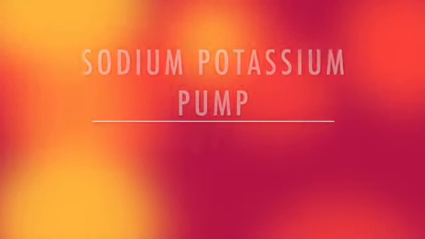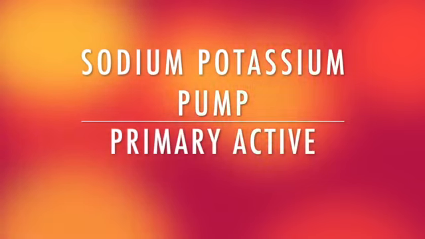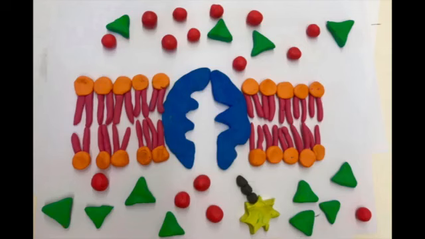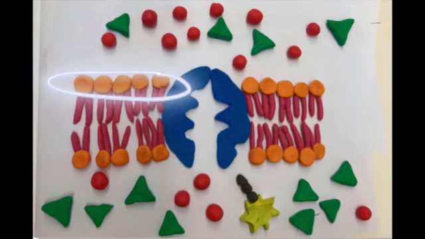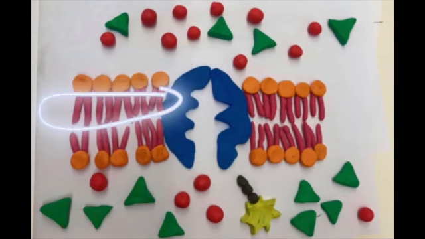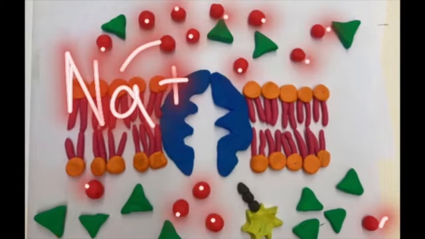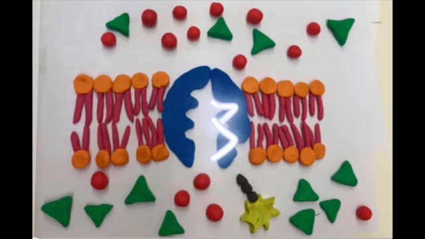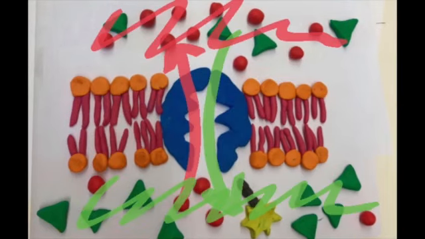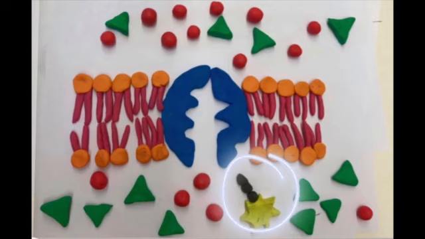The first type of active molecular membrane transport is primary active. We will be using the example of the sodium-potassium pump. The pump is embedded in the heads and tails of the phospholipid bilayer. It has 3 round spots for red sodium and 2 green triangular ones for potassium. Both will be moving against their concentration gradient because ATP is used in primary active transport and provides the fuel